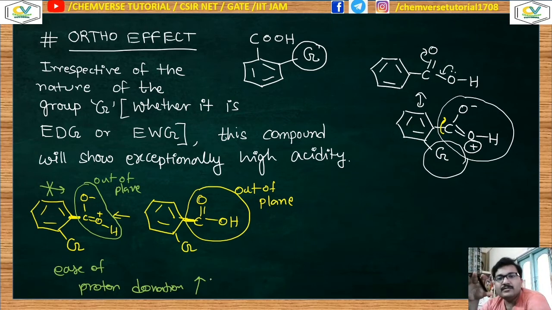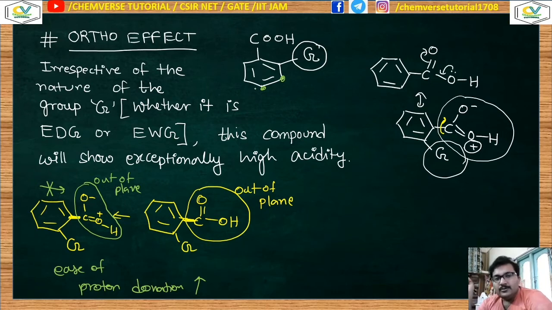In all other substituted benzene rings, like meta and para substituted ones, what is happening? Although there are some electron donating or electron withdrawing groups, and the electron withdrawing group can decrease the electron density of the benzene ring, there will still be some amount of electron donation from the benzene ring to the CO2H. But in this one, no such electron donation can occur due to the CO2H group being out of plane. In that situation no such resonance is occurring. That is why the ease of proton donation increases to such an extent that it becomes highly acidic.